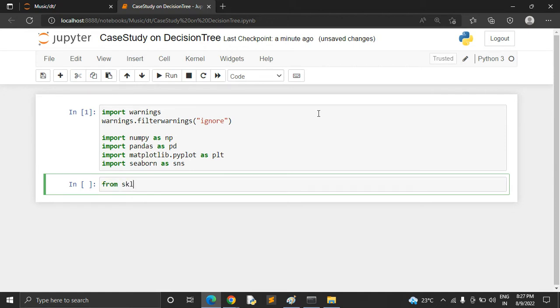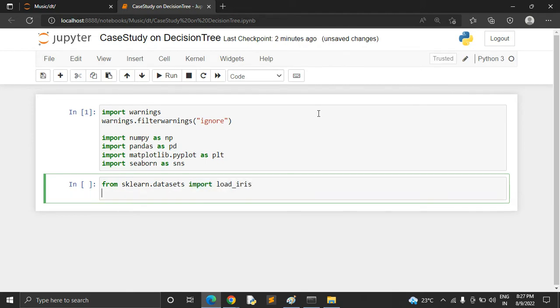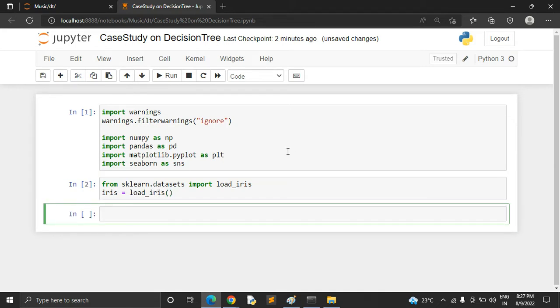So from sklearn.datasets, import load_iris. Okay, load_iris, and I'll create a variable called iris and I'll call load_iris in that variable. Now iris